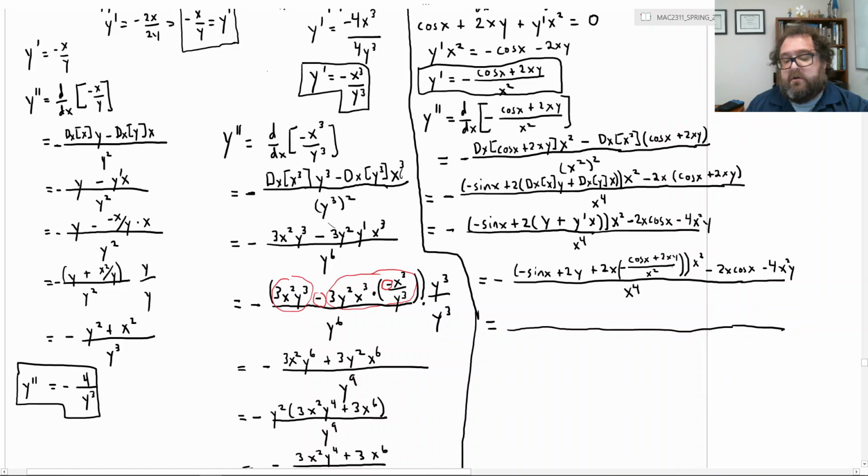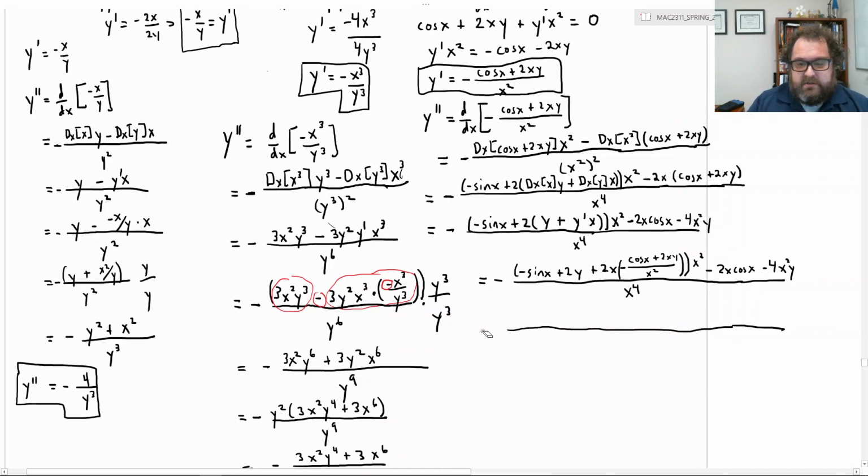I have basically two distribution exercises I need to do here. I have 2x times the set of parentheses negative cosine x plus 2xy over x squared. Then I have x squared times the larger set of parentheses. I don't like to combine lots of steps at the same time. That's room for error and it confuses folks. So I'll do the smaller set of parentheses to start with,